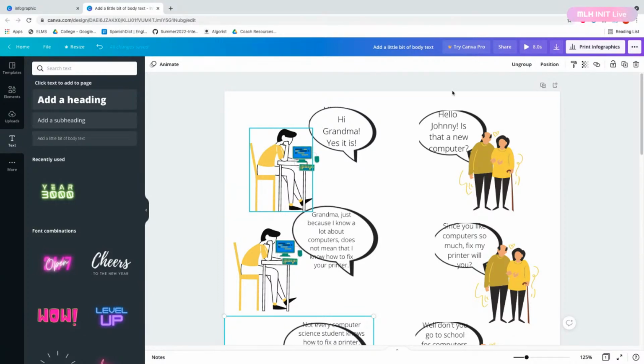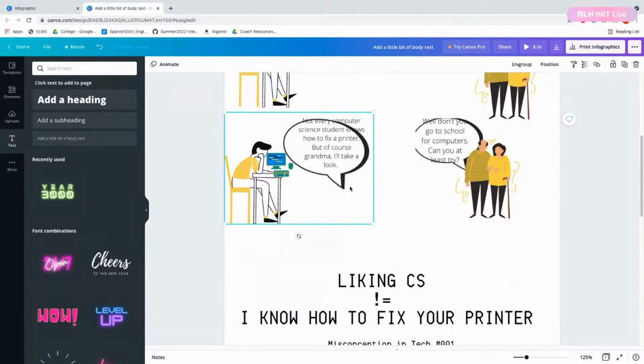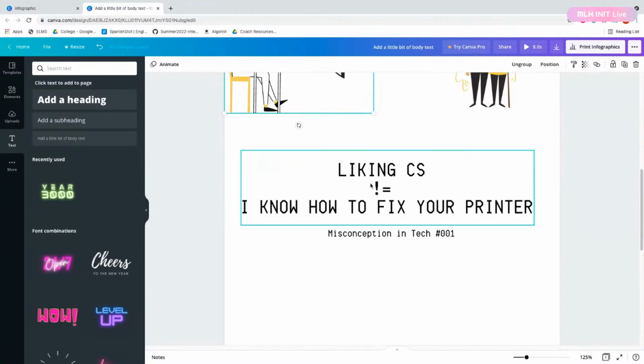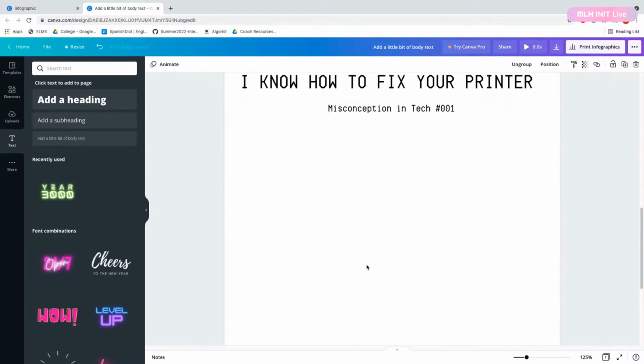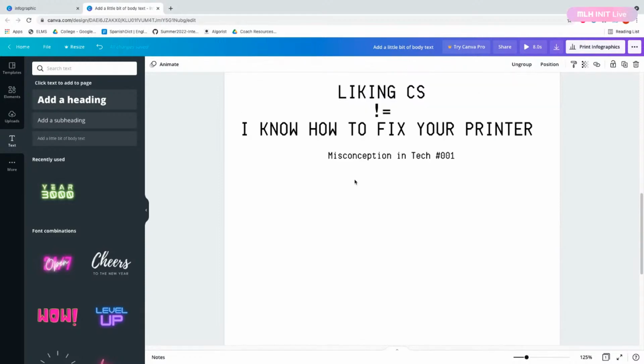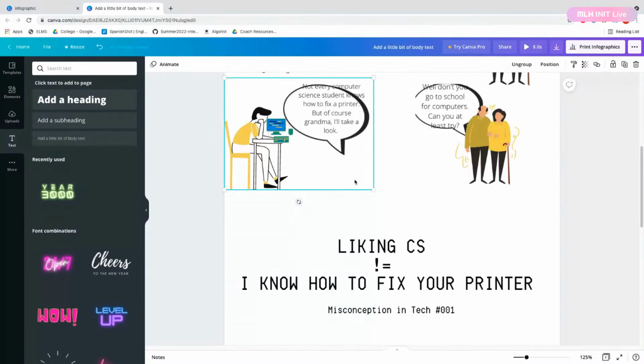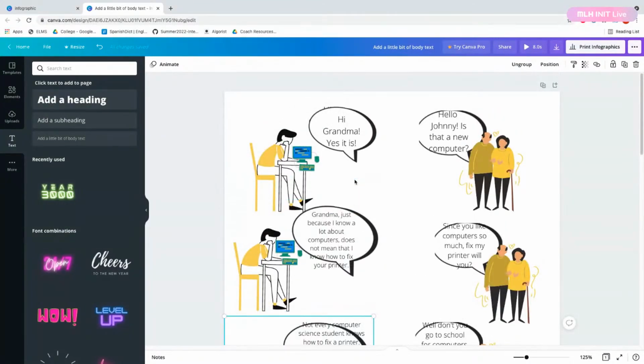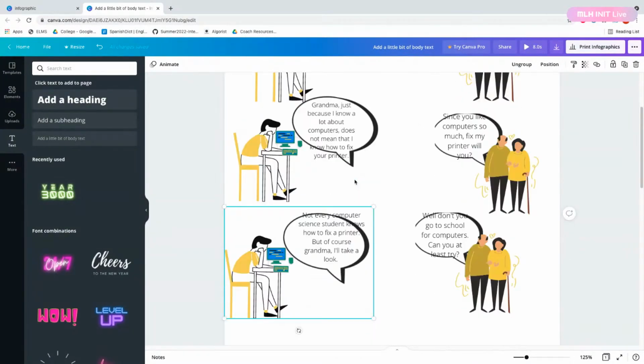I would consider adding a heading at the top up here, and I probably would lower the amount of. Yeah, I wouldn't use this long of a page because to fill a page like this requires a lot of content.